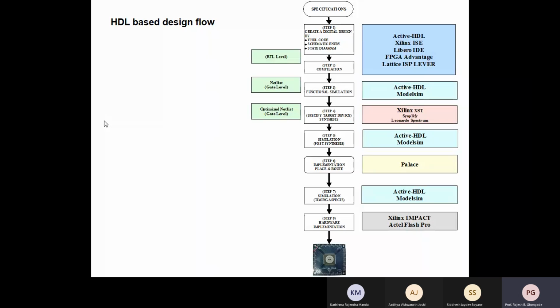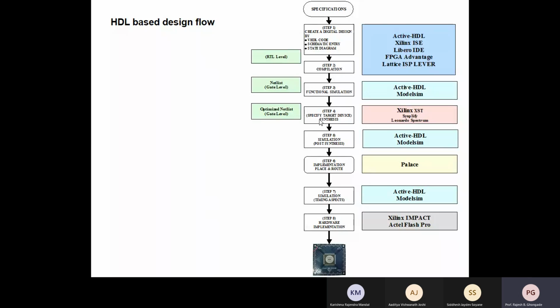I'm stressing the target device because before you synthesize, you have to specify it. Otherwise, the synthesizer will not know what is available in the target device, so how will it map? So before going for synthesis, you have to select the target device.